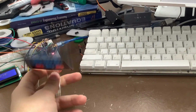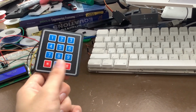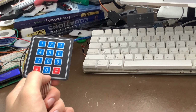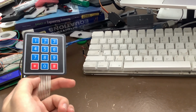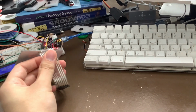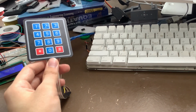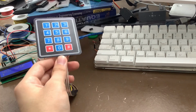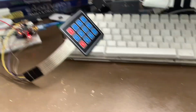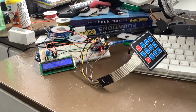So yeah, this is 12 values, and if I wanted to make this just have a binary output, that would have 4 wires. So yeah, by no means is this the most efficient with wires. You could make this output for serial, and that would only use 2 wires, but once again, this is just a simple matrix. So yeah, that's what I've been working on right now, and that's how to use a keypad on